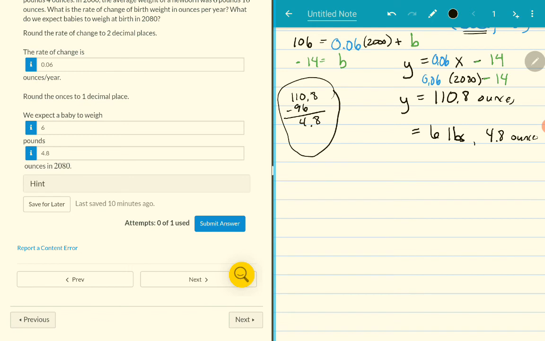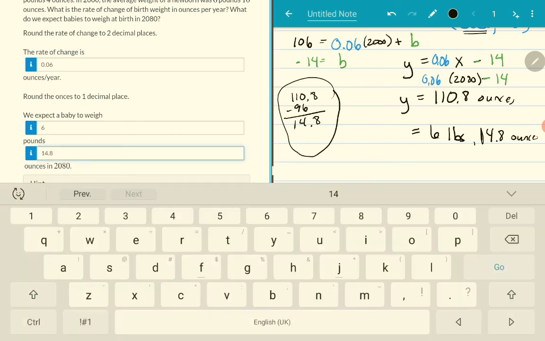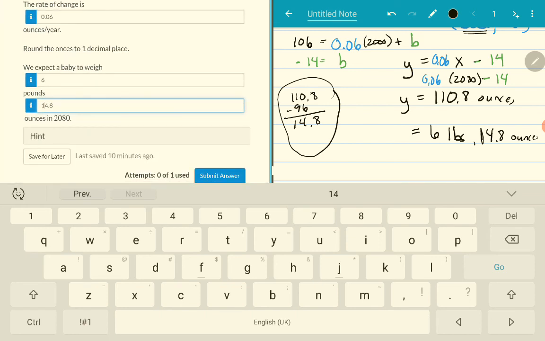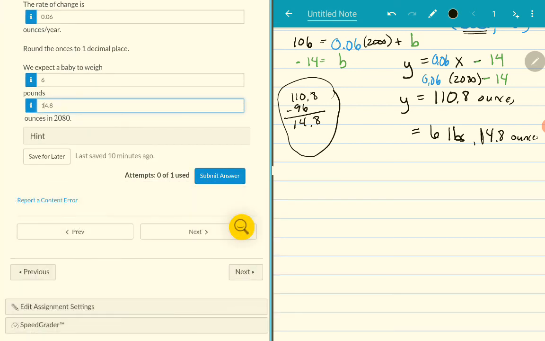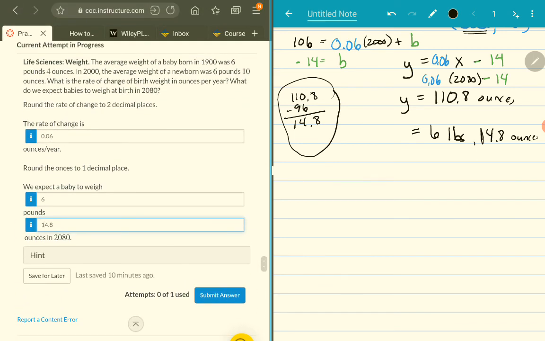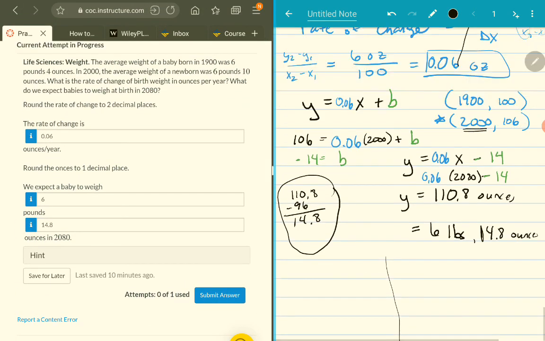I'm making a lot of mistakes here. So 110.8 minus 96 is 14.8. Sorry, so that should be 14.8. That makes a little more sense. That's closer to 7 pounds, so that makes more sense. Okay, so 6 pounds, 14.8 ounces, and using my common sense checker,